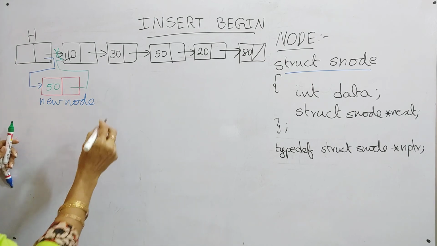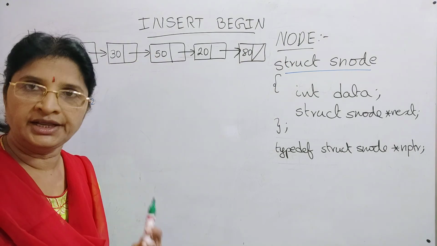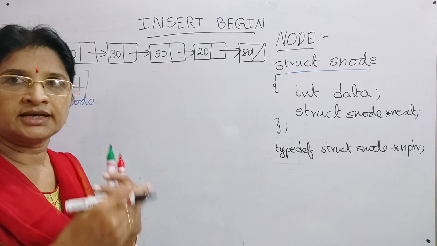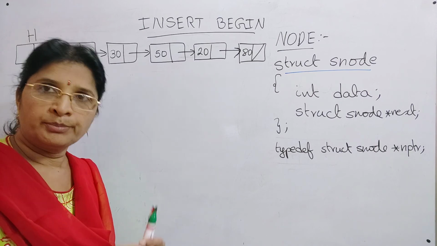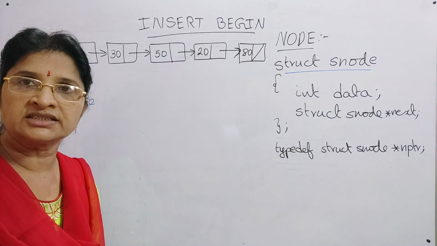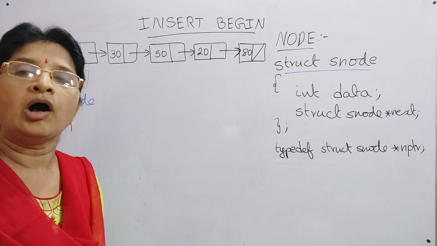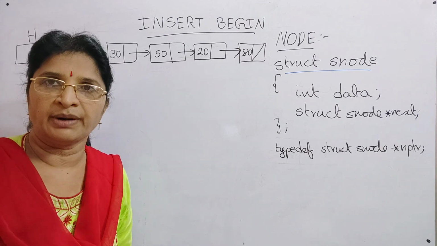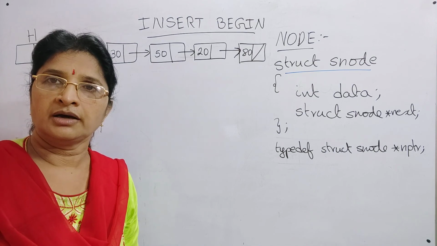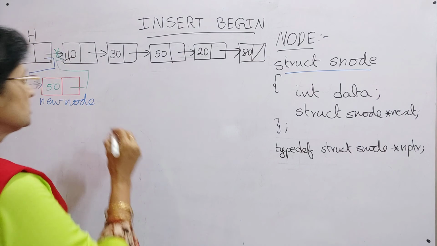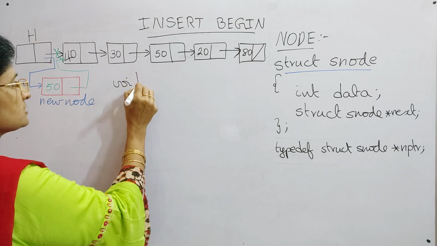Whenever you want to insert a node, there is nothing to return. Because here we are passing the header node, and the header is also a pointer, everything will happen as pass by reference. Whatever changes you do in the insert function will be reflected to the calling part, because we are using pointers, and pointers are passed by reference. So here we don't have any return type, so we will give it as void.